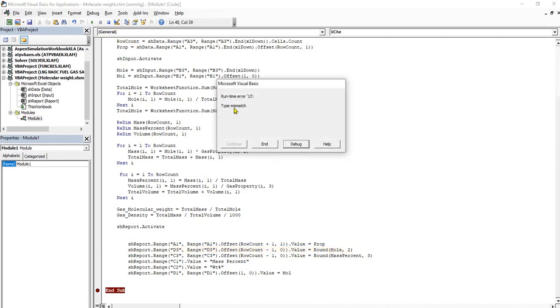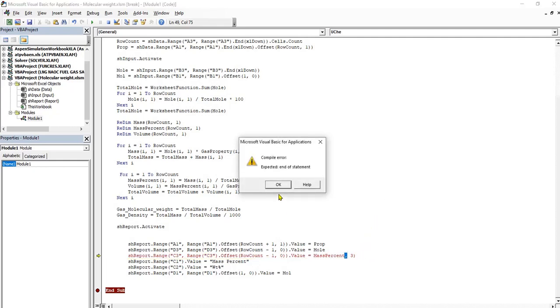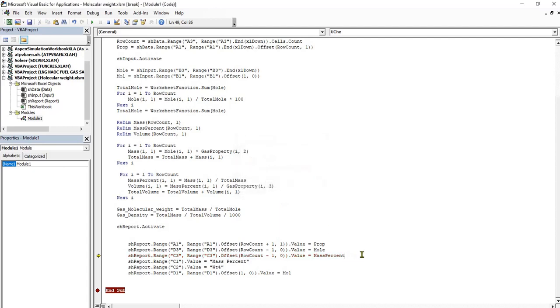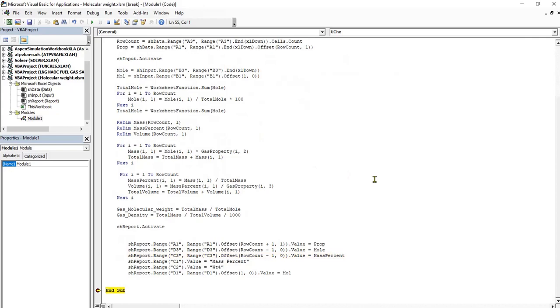Let me run it and see that mismatch. Okay, let me remove the roundup. Remove the roundup. Okay,